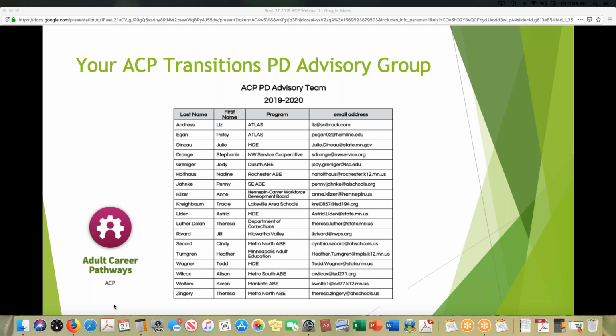There is a list of who is involved with that, as well as their contact information in the materials, as Heather mentioned, and we're just so grateful for their time and their expertise and their willingness to share how things are going in their programs, what's on tap, what they dream about as far as adult career pathways, and what kinds of partnerships are happening in their areas of the state.